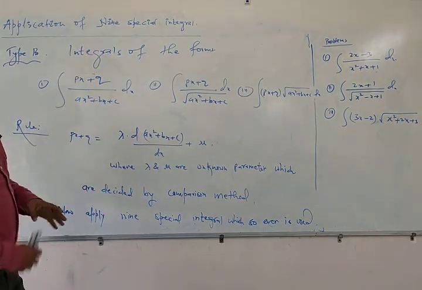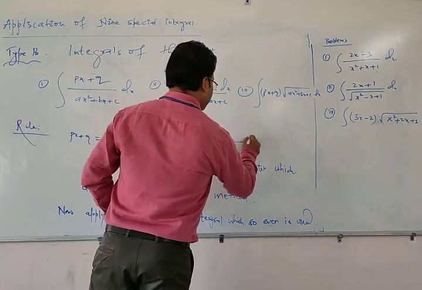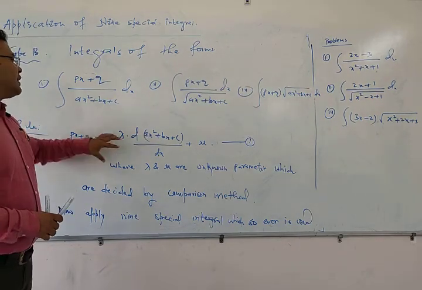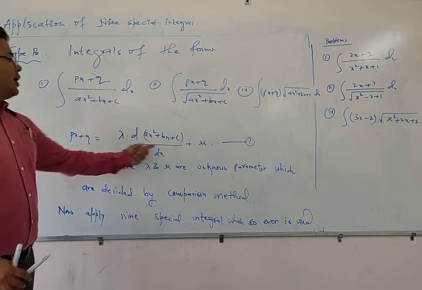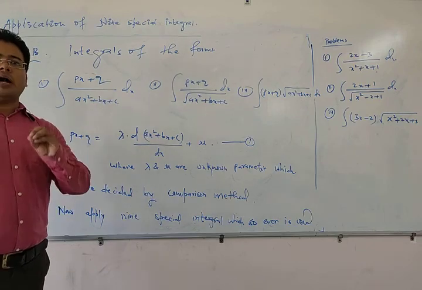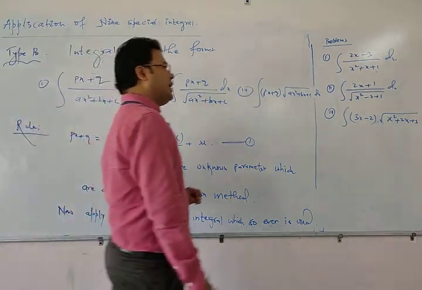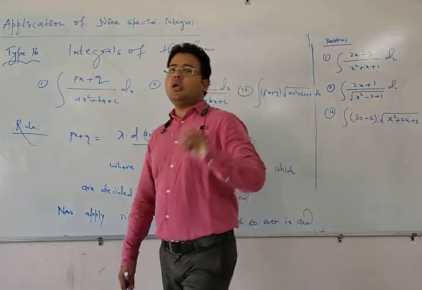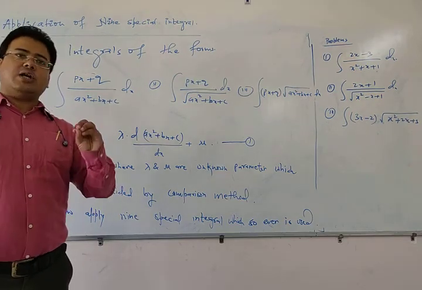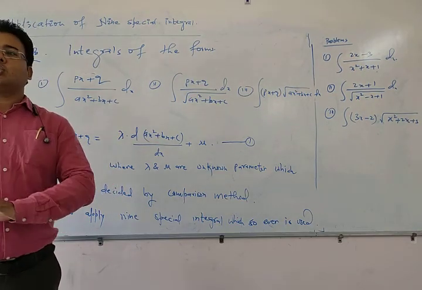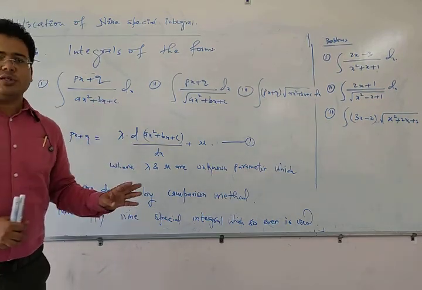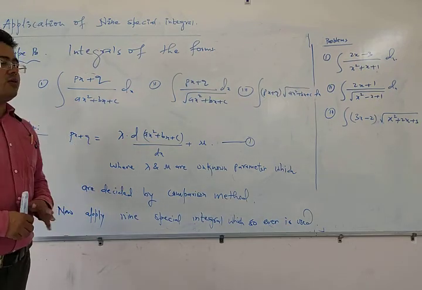जब हम लोग लैम्डा और म्यू का वैल्यू निकालेंगे तो फिर लैम्डा और म्यू का वैल्यू एक नंबर में सब्स्टिट्यूट कर देंगे। जो भी वैल्यू आएगा वो हम लोग यहाँ पे पुट कर देंगे, और फिर इस एक नंबर को px प्लस q की जगह में राइट हैंड साइड में यूज करेंगे और प्रॉब्लम को बनाएंगे। जब हम प्रॉब्लम बनाएंगे उसको आगे बढ़ेंगे लेकर के, तो हम लोग को पता चलेगा कि 9 स्पेशल इंटीग्रल में से कोई ना कोई यहाँ आपका यूज होगा। तो जो भी सुटेबल फॉर्मूला आपका यूज होने वाला है उसको आप यूज कीजिएगा, तो आपका जो गिवन इंटीग्रल है वो आसानी से इवैल्यूएट हो जाएगा।